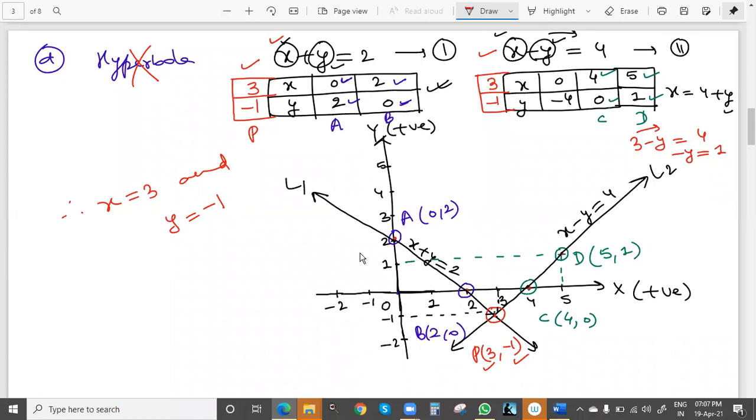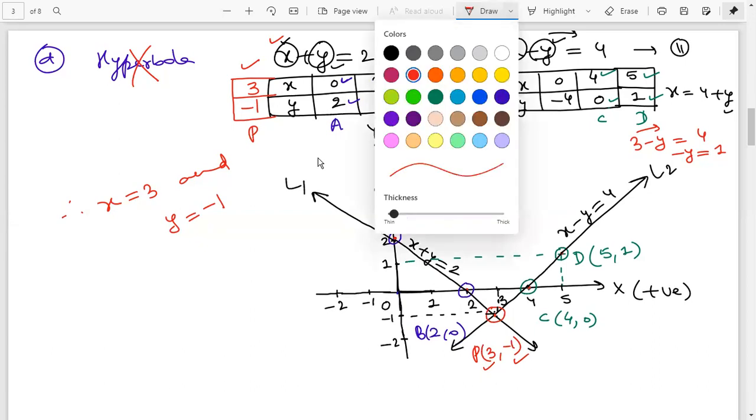So the intersecting point is the answer. Correct. Right. The intersecting point is the required value of x and y. And now the question anyone can ask is why we have got this answer as the intersection point. The answer is, why this point P will be the answer value,